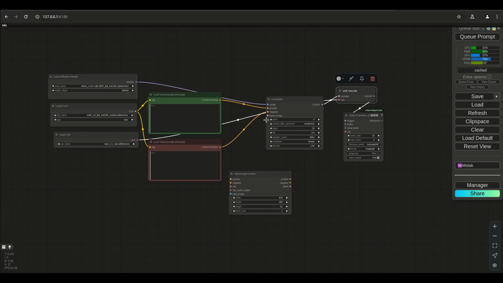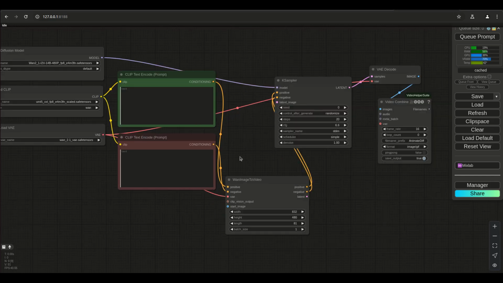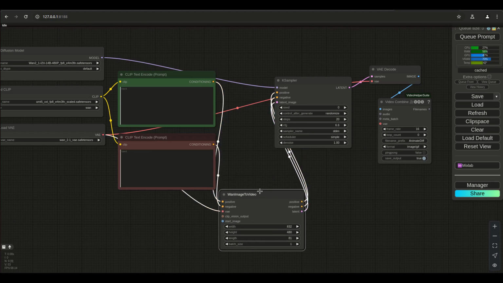So we can just basically, let's disconnect this stuff right here, because this is going to run through. The negative goes through here, positive goes through here, VAE comes out like here, and the other one goes to your decode, so that doesn't change. Then take this, put it through here, right? Negative through the negative, matching colors. You've done this before, right? Okay, now